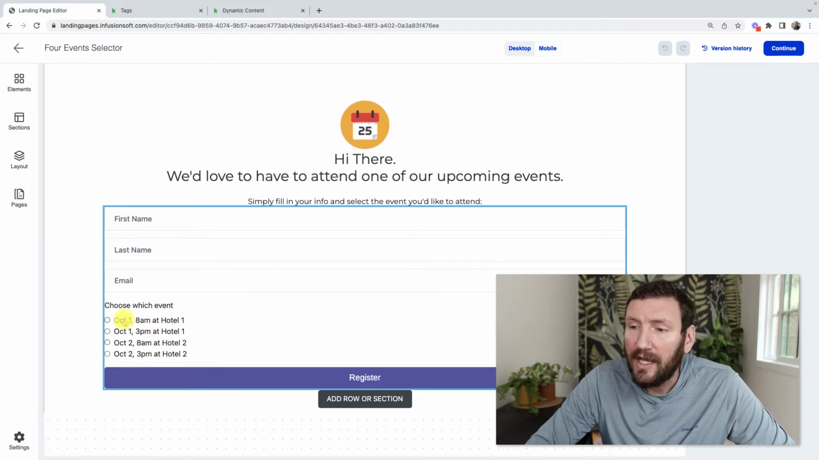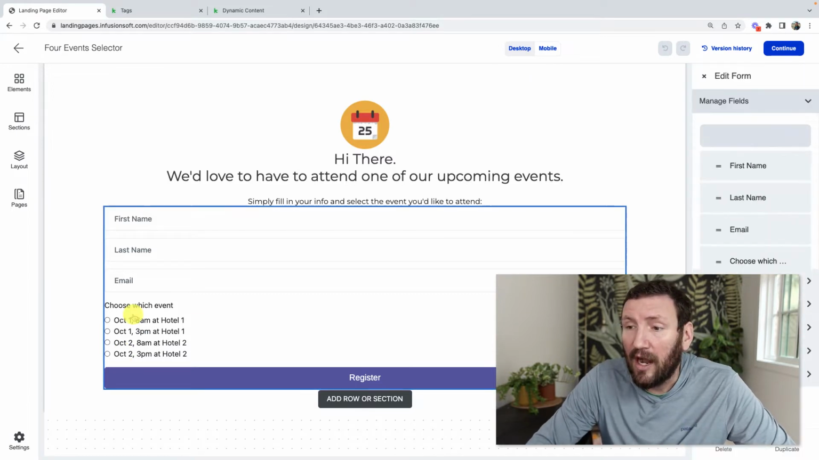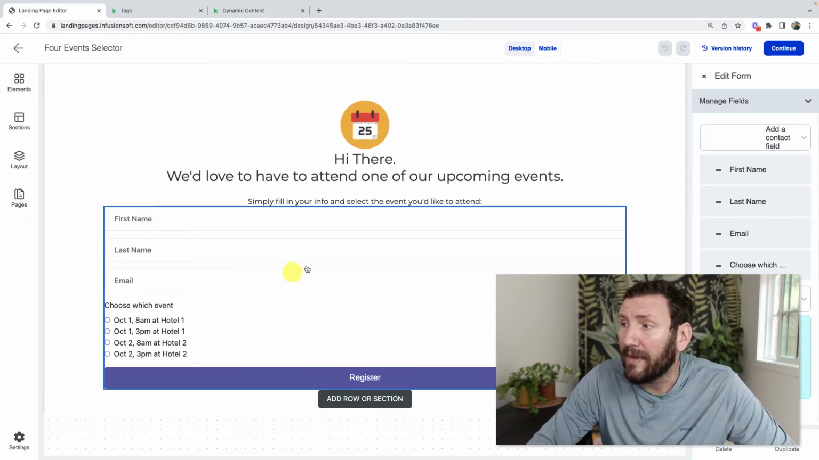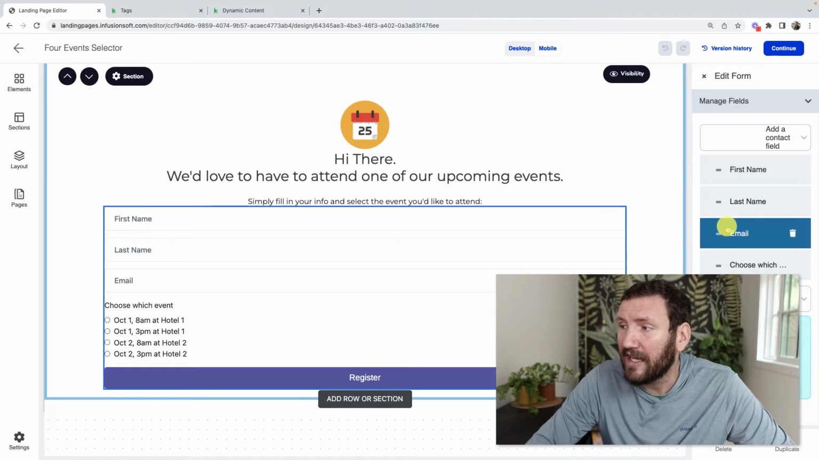So you can see October 1st, 8 a.m., Hotel 1. October 1st, 3 p.m., Hotel 1. October 2nd, 8 a.m., Hotel 2. October 2nd, 3 p.m., Hotel 2. So 2 different locations, 2 different times on 2 different days, right? Lots of different combinations. Now, for the form here, we're collecting first name, last name, and email,